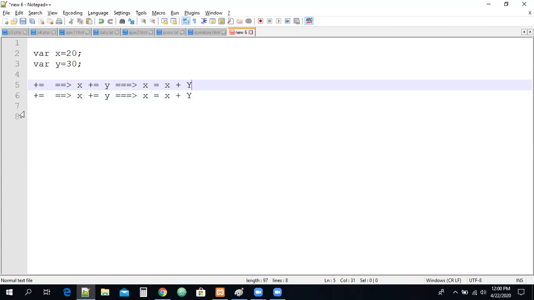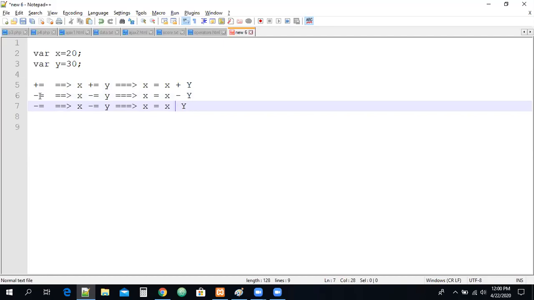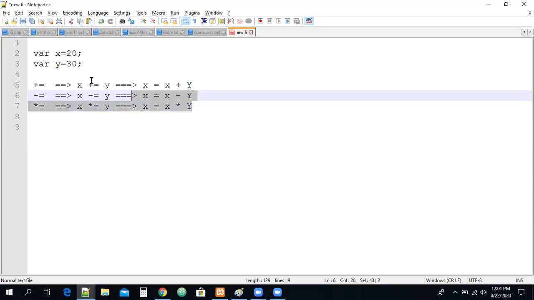Now I want to go with minus equal to. What is the meaning of it? In place of plus, x minus equal to y is going to be x equal to x minus y. If it is multiplication, then you can go with star equal to. This is going to be x equal to x star y. We can write like this, or like this also. Whatever way you want, no problem. Both are the same. Like this, we have division, multiplication, and modulo division operators. Everything is there. These are all called assignment operators for us, right?